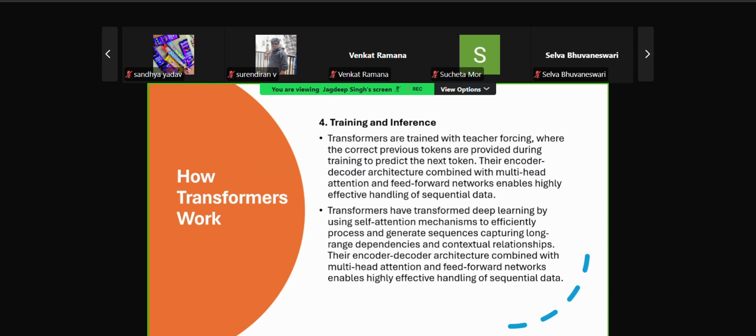Here, the important terms are training and inference. From a researcher's point of view, transformers are trained with teacher forcing, where the correct previous tokens are provided during the